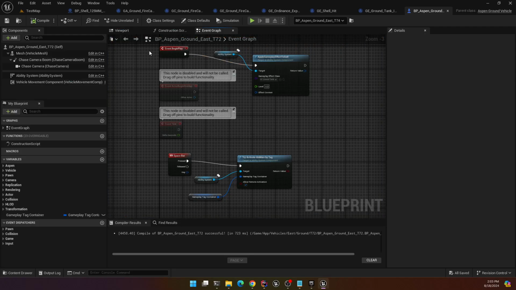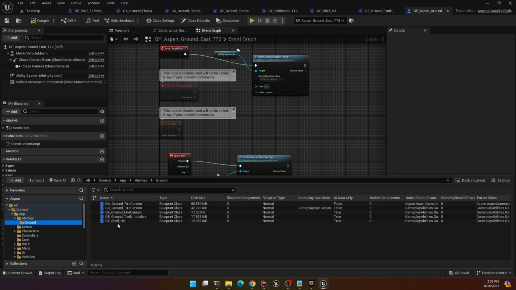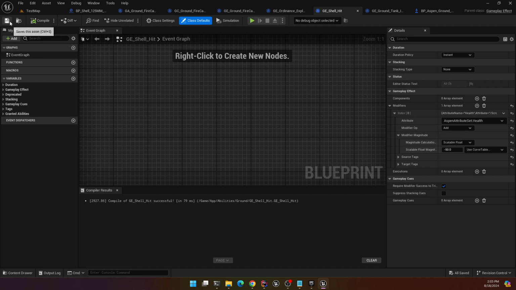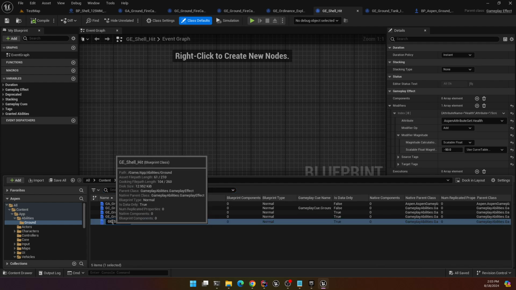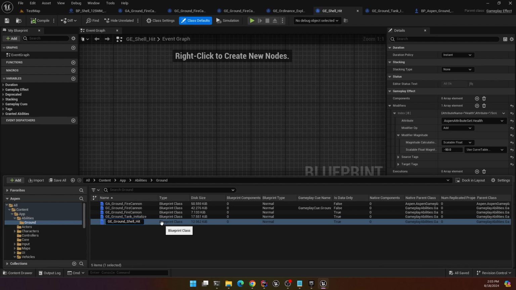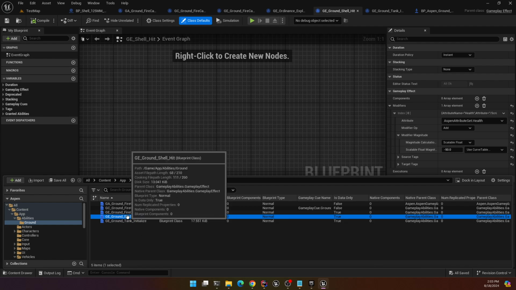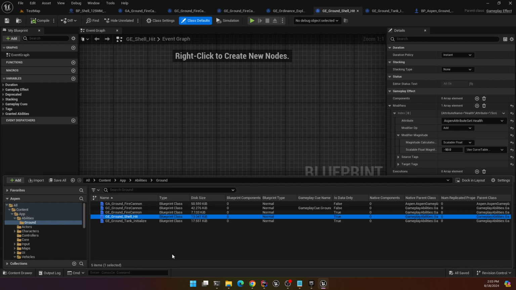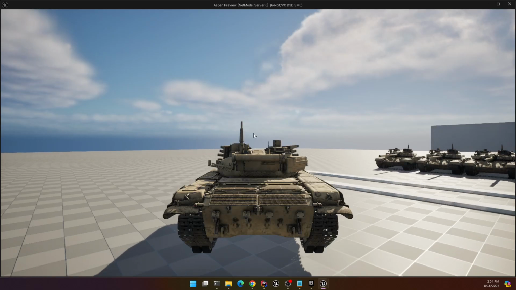actually, one more thing. Let me change my shell hit. Well, first of all, let me change this to ground shell hit. And in ground shell hit, we'll take away 500 instead of 1,000. I mean, instead of 50. All right, so now if we compile that and run,